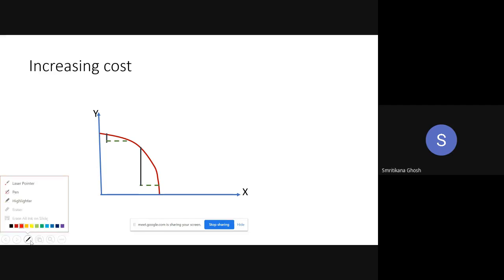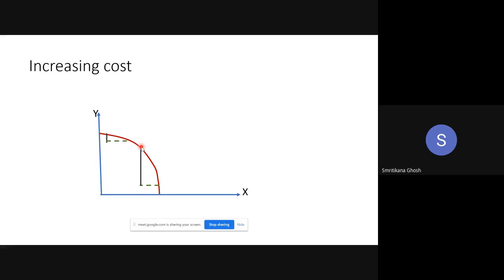Now, actually, I think some of you may not be happy with my answer that it is like this. You may ask me the question, why is opportunity cost increasing? You should ask me the question. I was thinking you would ask the question, but you are not asking. Do you get my point?